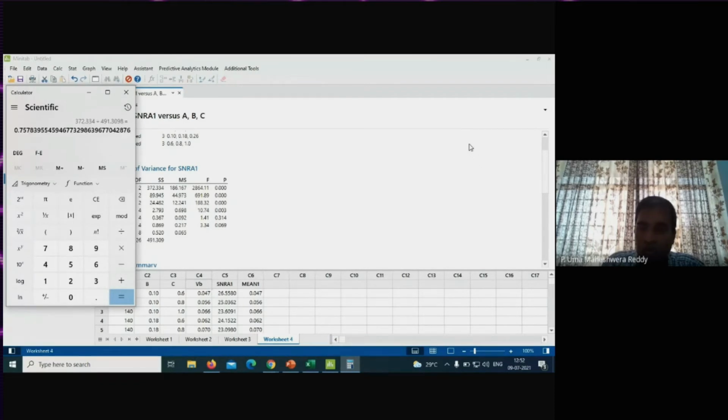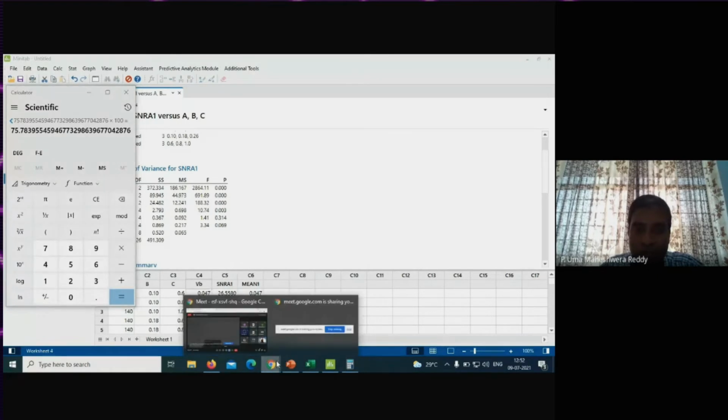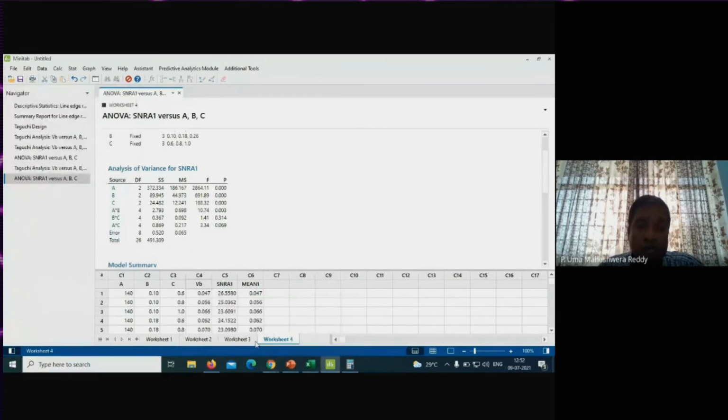So it gives you weightage is 75%. Now, the control factor A is influencing 75%. The maximum weightage in the output is control factor A. That means it is significantly influencing.